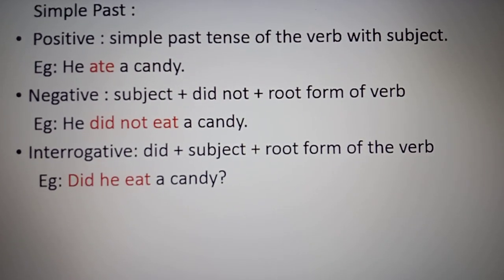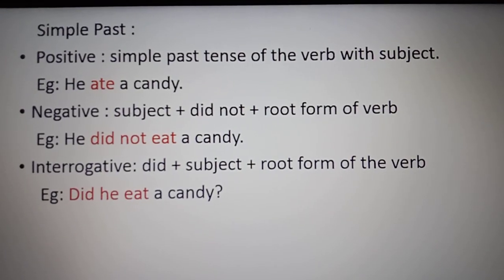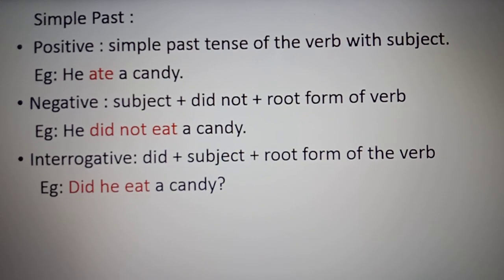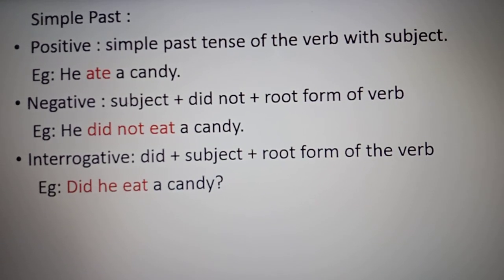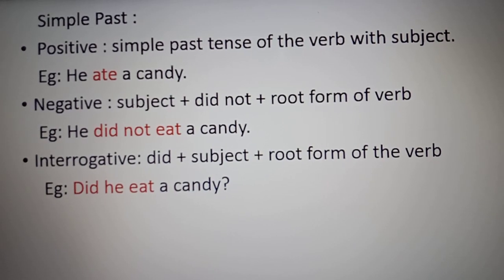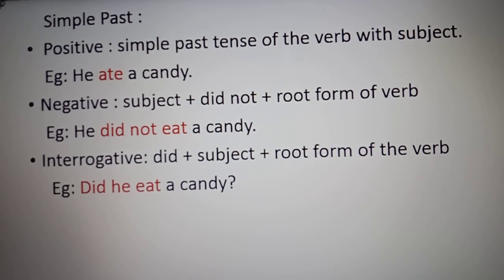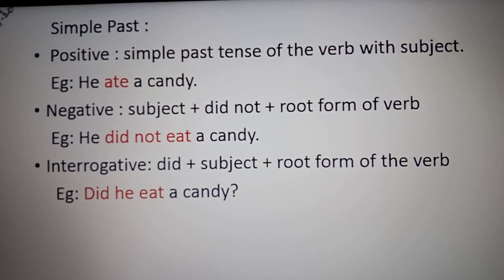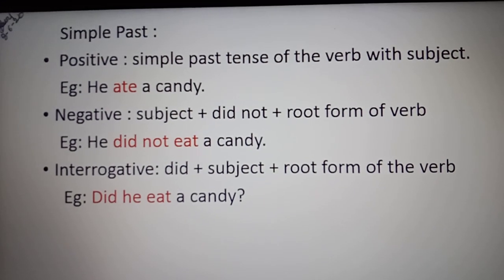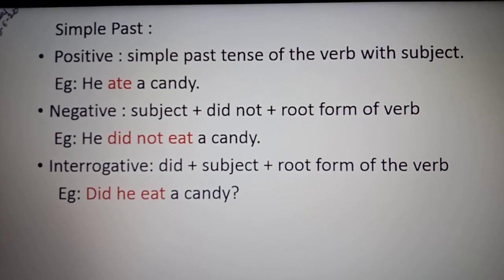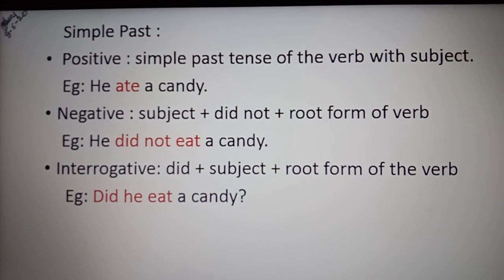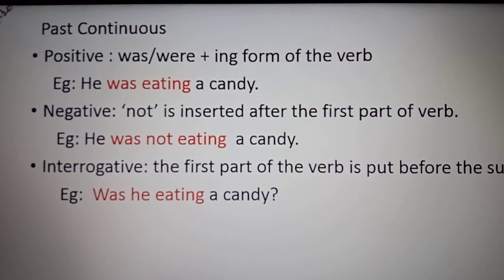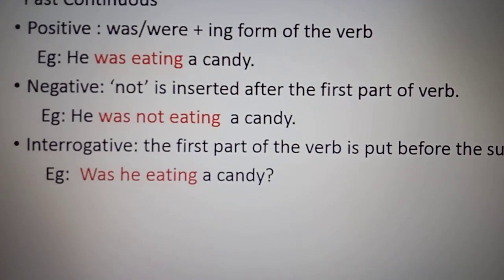Now sometimes you will be asked to make a sentence positive, negative or interrogative. That type of exercise we will call transformation of sentences. We are going to discuss that after all these things. But you should understand that in the interrogative sentence the auxiliary verb comes first. If there is no auxiliary, what we are going to use, that is a full lesson we are going to take as transformation of sentences. Got it? Simple past tense. So these are all the things we use when we are making the simple past.